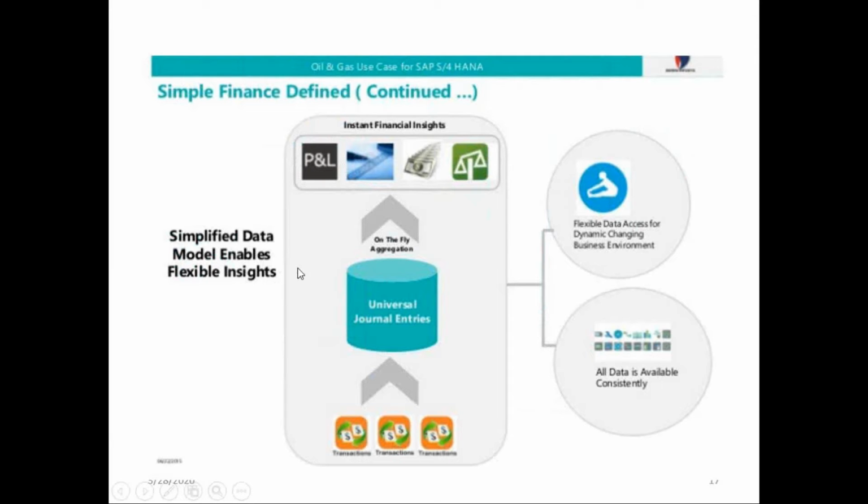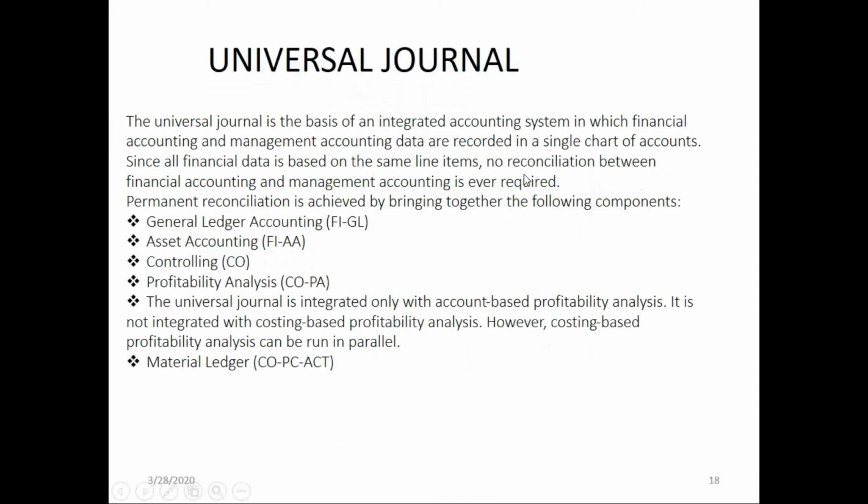And next one, simplified data model. So what type of data is simplified? Under Universal Journal. We have a picture for this. First of all, we have to know what the Universal Journal is. It's the basis of an integrated accounting system in which financial accounting and management accounting